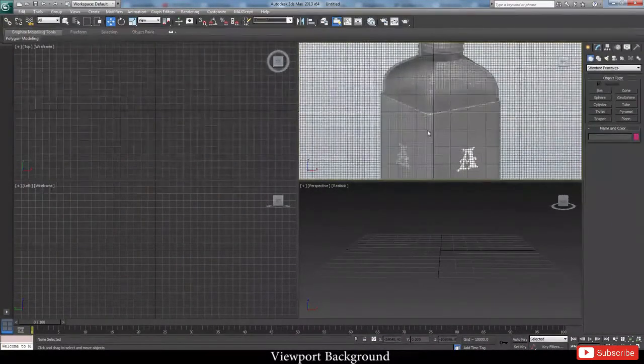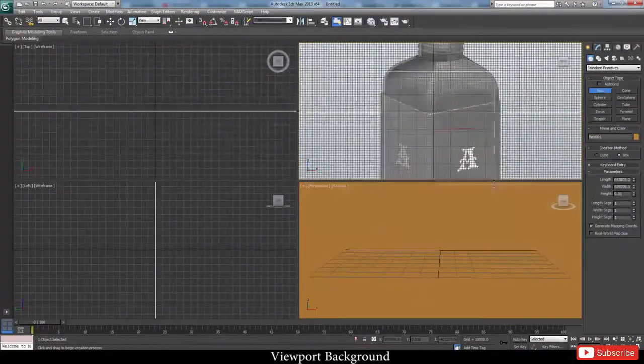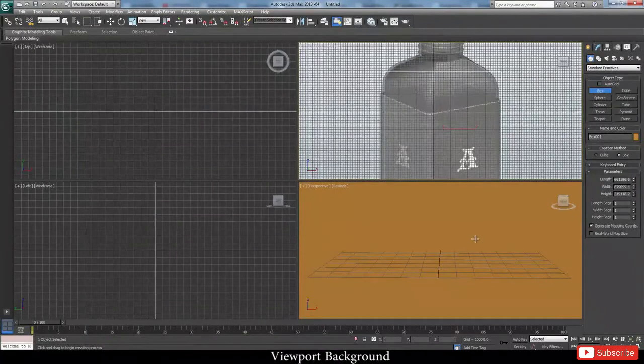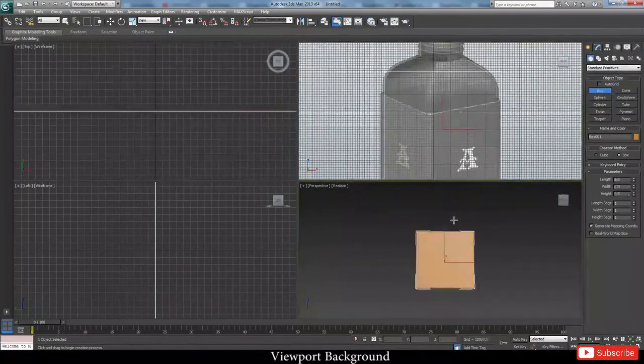Now suppose you want to create a box that is similar to this shape, right? So let's just switch off our auto grid from the last class. We create a small box, right? So we come out of this over here and we've created a box. Okay, so we are using this as a reference image that we have to create this much size, right?